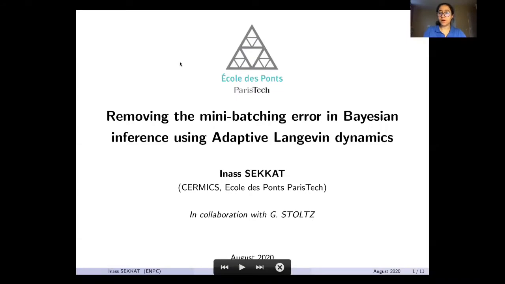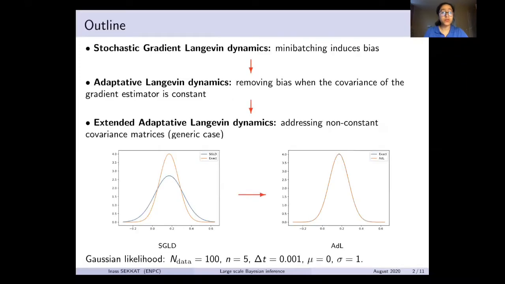My name is Ina Sekat, and I will be talking about removing the mini-batching error in Bayesian inference using adaptive Langevin dynamics. For this presentation, I will first talk about the gradient Langevin dynamics, which allows us to reduce the computational time when sampling from a probability measure by using the mini-batching procedure, which induces bias in the posterior distribution. I will then recall the adaptive Langevin dynamics, which allows us to remove the bias due to mini-batching when the covariance